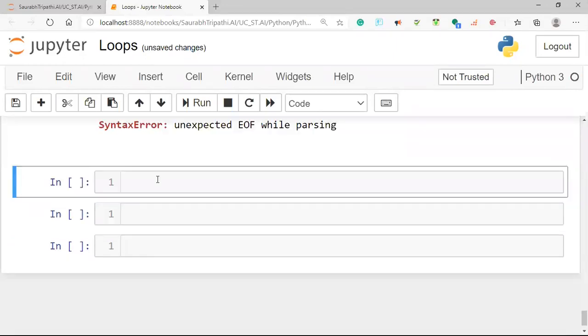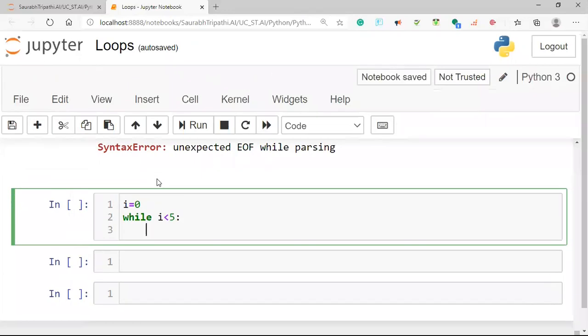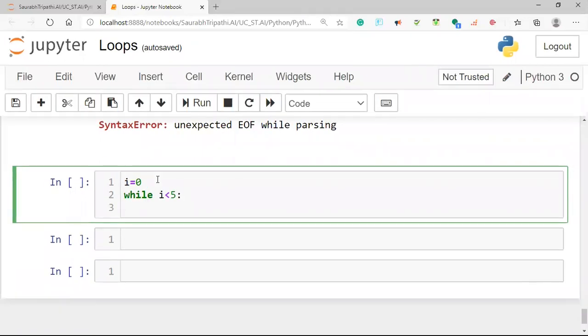So what we can do really, we can create a variable i, and say the variable starts from 0, and using a while loop, while i is smaller than 5. I'm just going to run it 5 times, and do nothing, just continue.